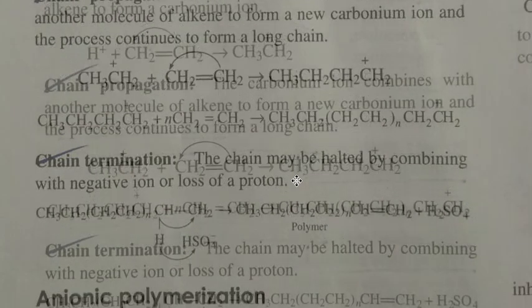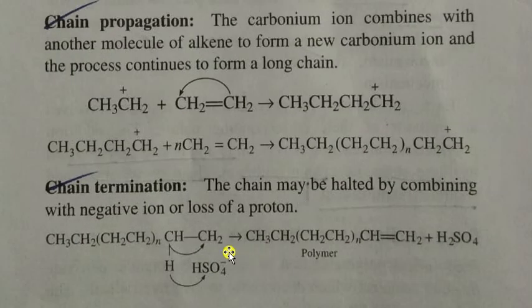Finally the carbonium ion is going to have one extra proton associated with it. That proton is nothing but the hydrogen. We are not removing the proton here, we are removing the hydrogen, and that hydrogen is going to have a positive charge. That means a positive charge we are removing from it, and it is going to be joined with the leftover negative ion, which forms the acid plus the polymer that is required.